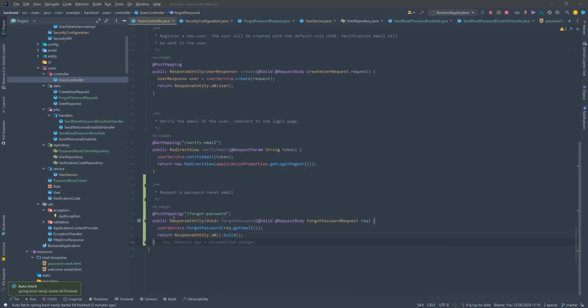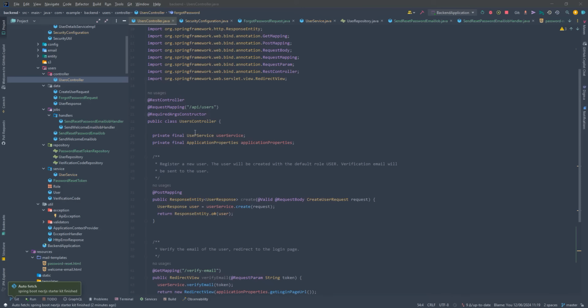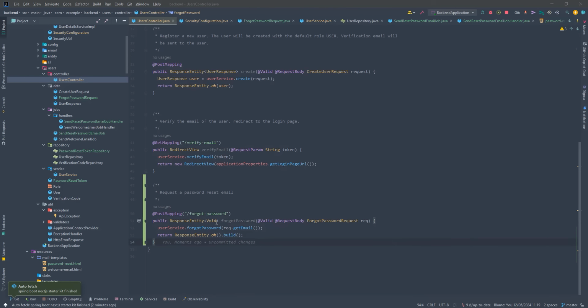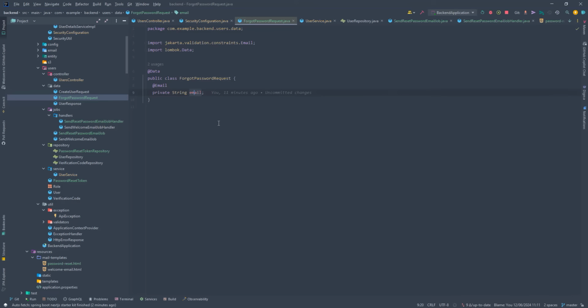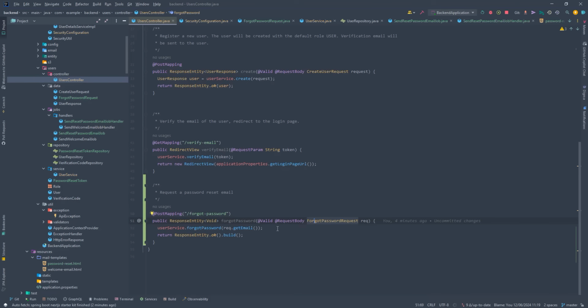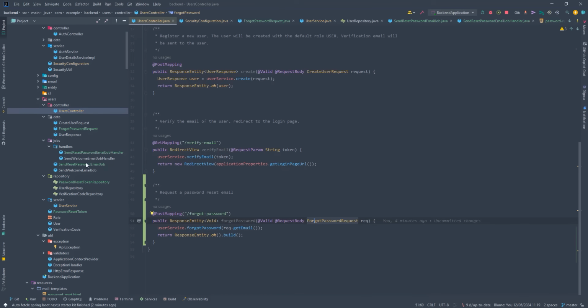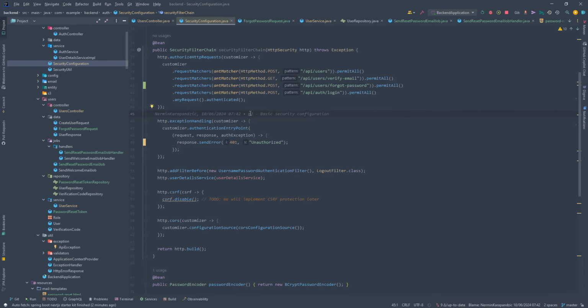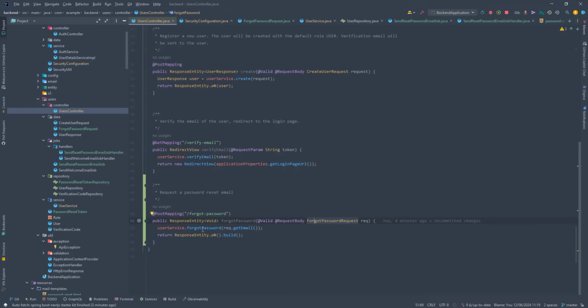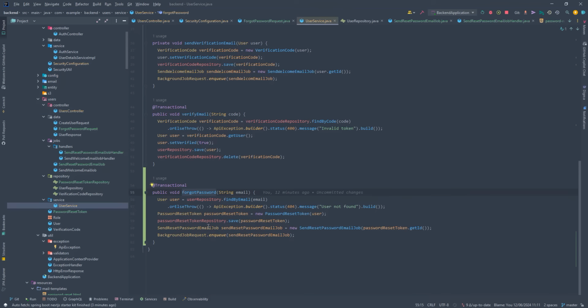I already mentioned we added this new endpoint called forgot password, and we can see that it's part of the user's controller. Now this is a post endpoint, and it's expecting an email in the request body, which also has to be a valid email. Now, because this is a new endpoint and we want to allow access to this endpoint to anyone, not just authenticated users, we also had to add this new line here where we just specify that we want to permit access to this endpoint. So what this method does is just calling this forgot password function inside the user service,